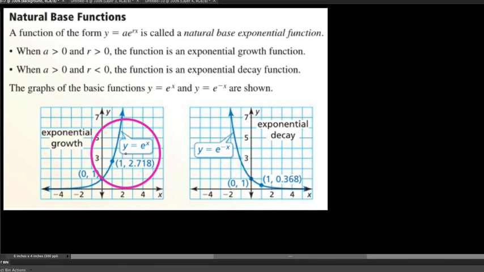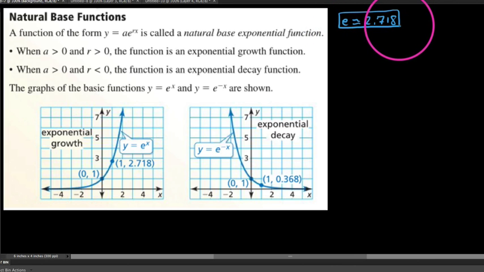Okay, YouTube, in our previous video we explored this new number or constant that we call e, or Euler's number. And we said that e is approximately 2.718, but it is a particular constant that we like to pay attention to. And without going too much into detail, it is an interesting constant when we deal with exponential growth and decay functions. And so, at least with respect to exponential growth or decay, what experience